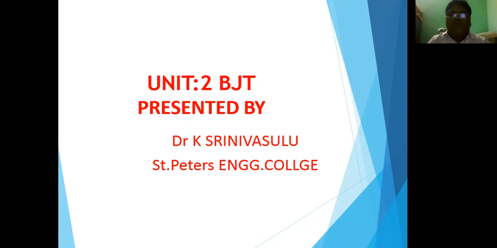So how does the BJT work? How many types of transistors are there? What is the introduction of these transistors? How many types, and how do they work? What are the symbols, the components, the terminal names? Once you understand this basic fundamental of the transistor, automatically you will understand the FET, MOSFET, and integrated circuits too. So that's why now I am explaining only the basic fundamentals of the transistor.